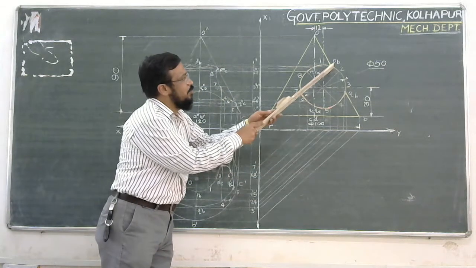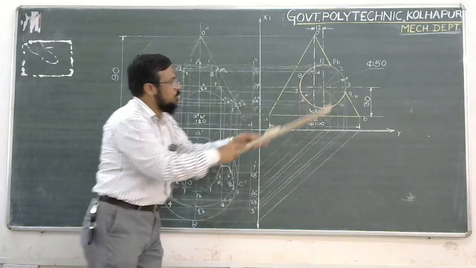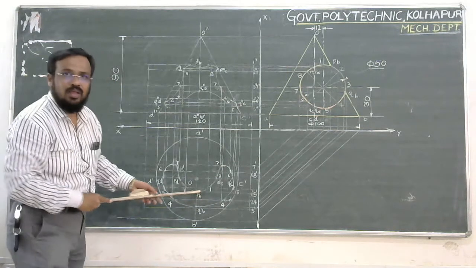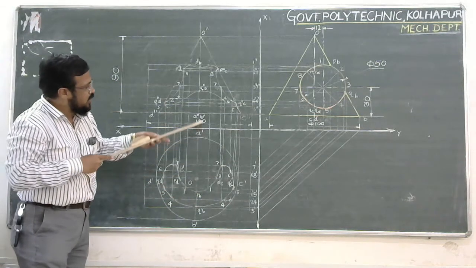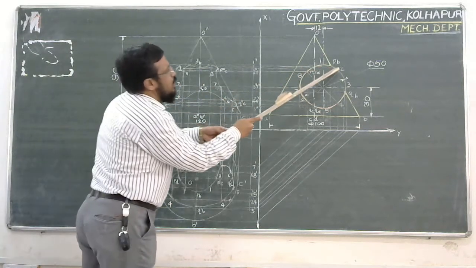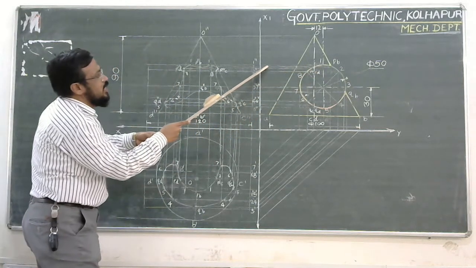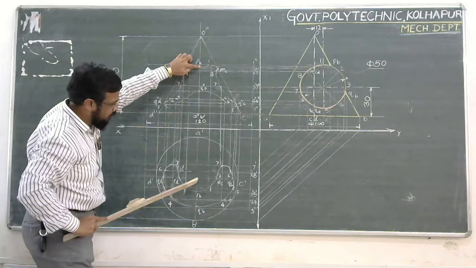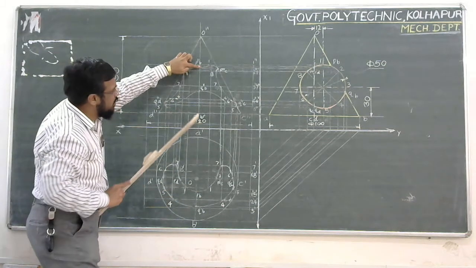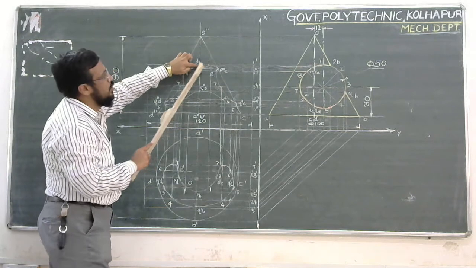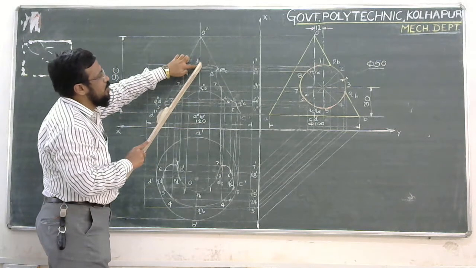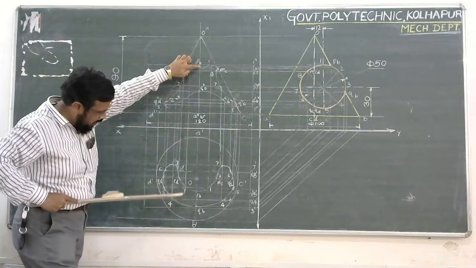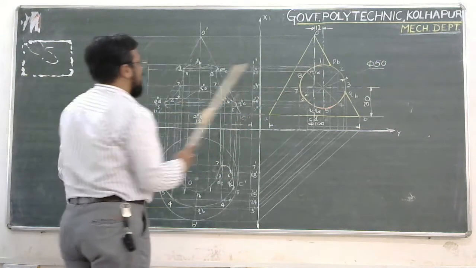Same procedure we need to follow. From 1, if I consider PB, so this is the PB. So PB's line I have focused over here, and I will get the point somewhere here. This PB projector I will project upwards to this line, and the horizontal locus of PB is lying with this line. See, this is the second line from the top. Here this second line and the line coming from this axis, because this PB is lying on this reference, I get PB. So one is on the top line, PB is just below that line. Then point number 2, where I have got over here. PB's projection is drawn in the front view.